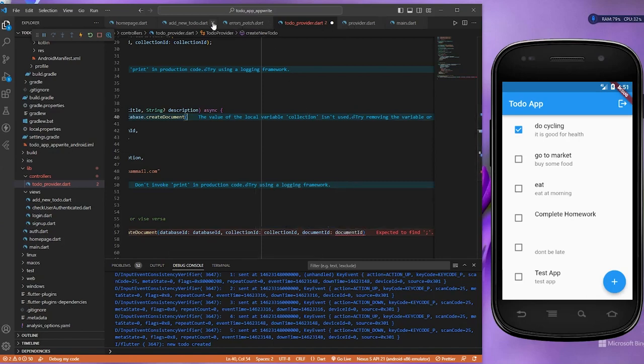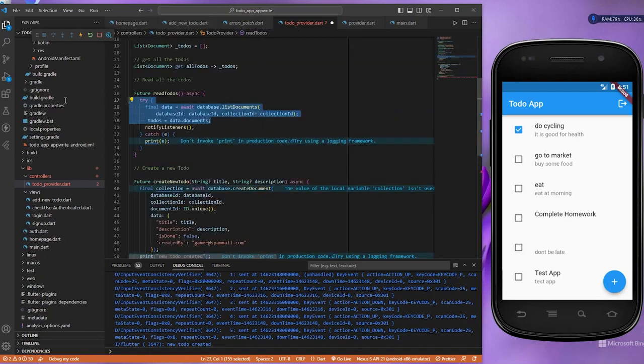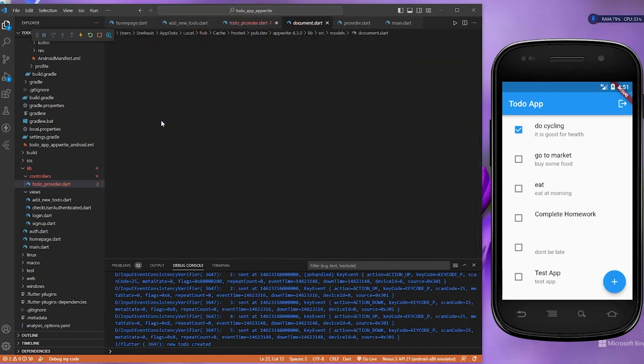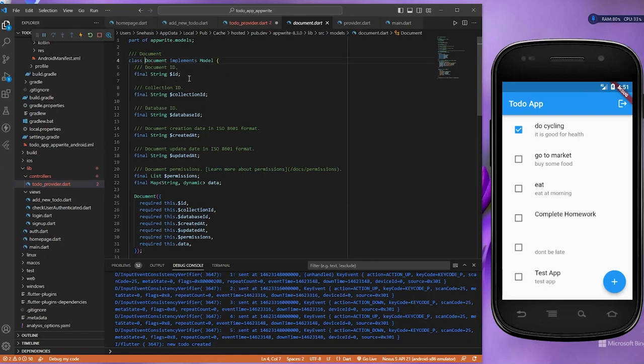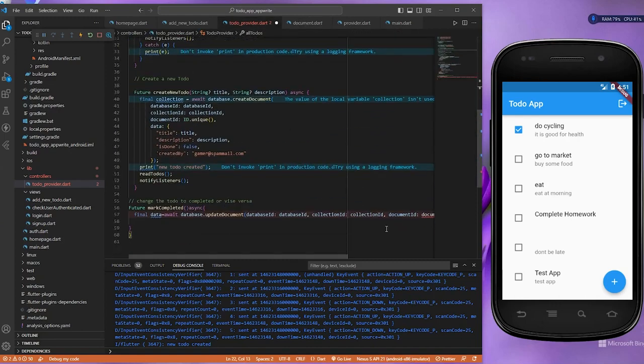If I show you the document, that document model written by Appwrite, this is the ID. So if we get inside document, we will get $ID as ID. So we can get the $ID. So we just need to accept the ID, document ID. I think it will be in the form of a string, and the result as